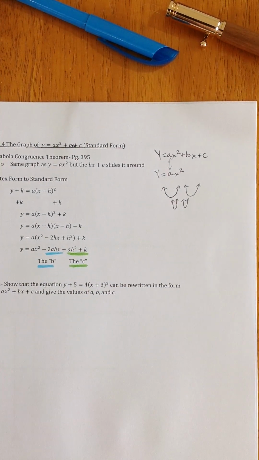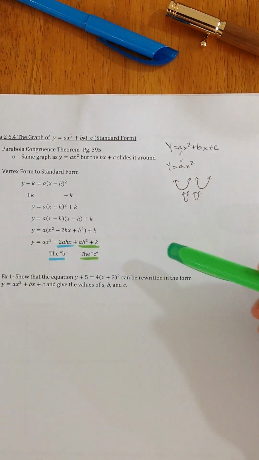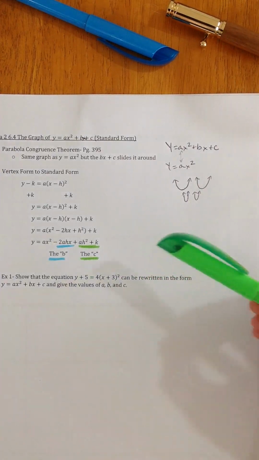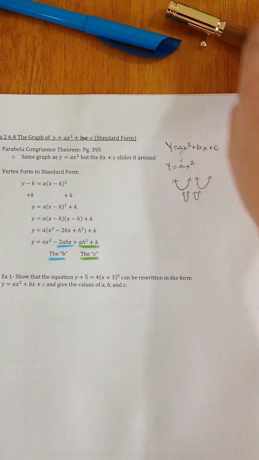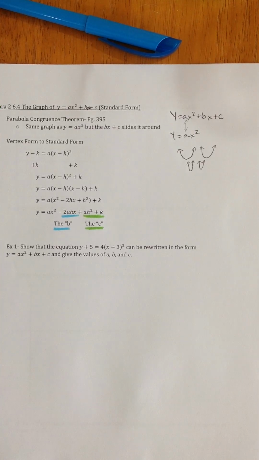Okay, I don't think you're going to have to do a whole lot of that where they just leave it with variables like that, but that's where those numbers are coming from. Most of the stuff we do is just going to have normal numbers in it, like you'll see with the next problem here. Okay, so for our first example, it says show that the equation y plus 5 is equal to 4 parentheses x plus 3 to the power of 2